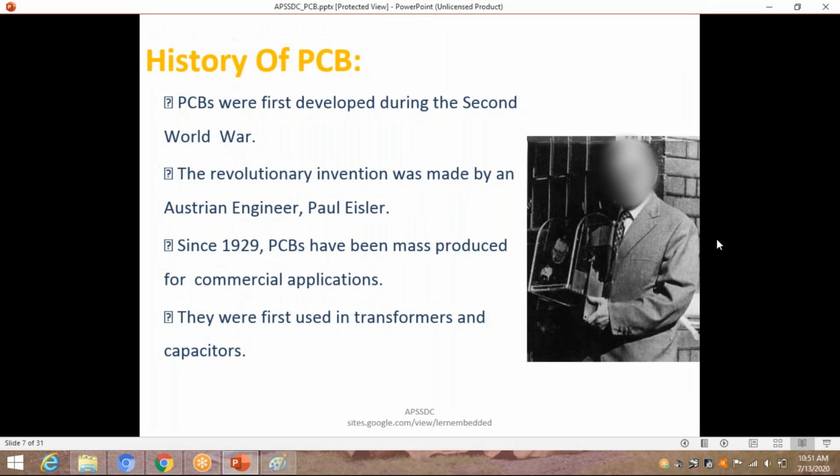Okay, coming to the history of PCBs. Okay, you can observe a person. His name is Paul Ehler. He is an Austrian scientist. And